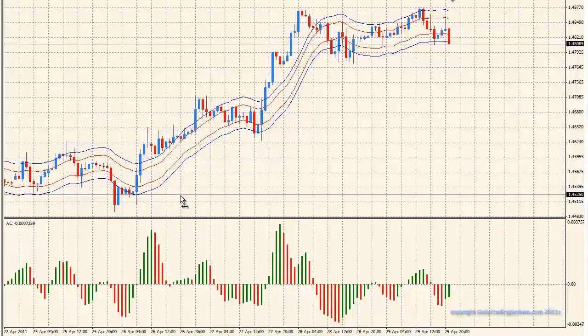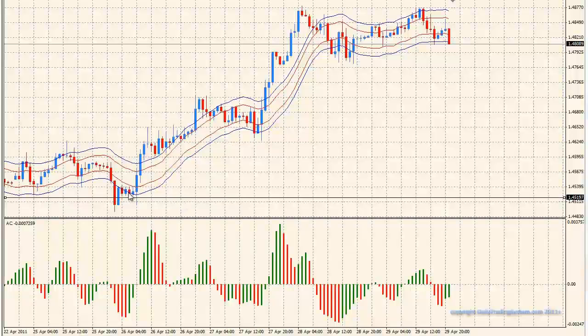So as stop loss, when we see a signal come in, where do we place a stop loss? Well, you could look at the previous bar, the candle before the one that we actually get in on,